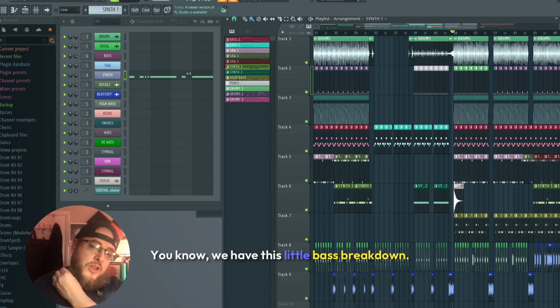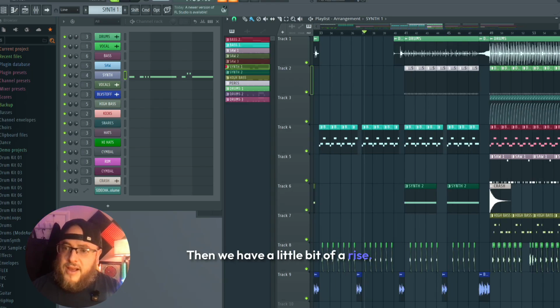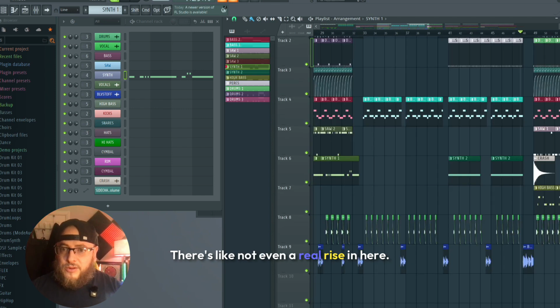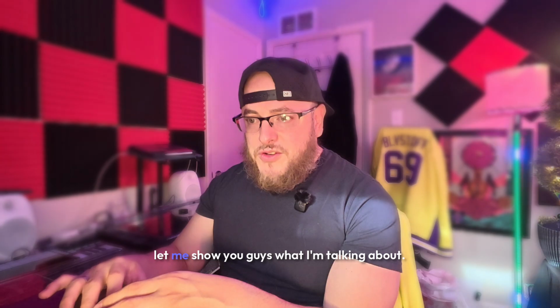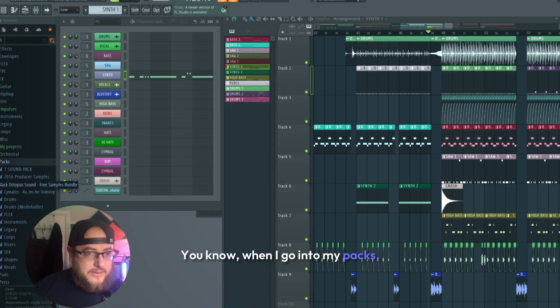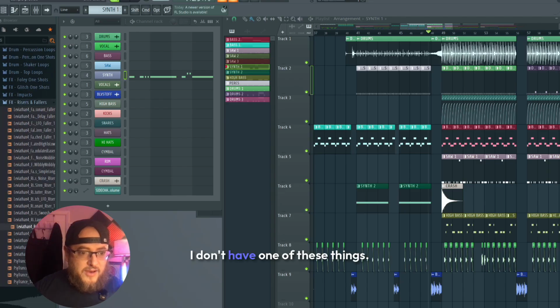We have this little bass breakdown, then we have a little bit of a rise. There's not even a real rise in here. Let me show you guys what I'm talking about. When I go into my packs, I don't have one of these things.